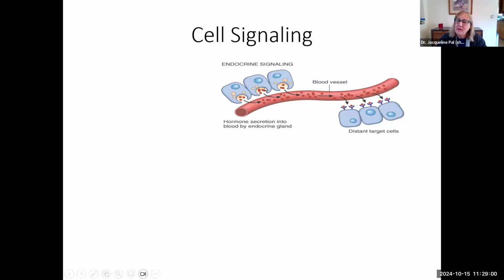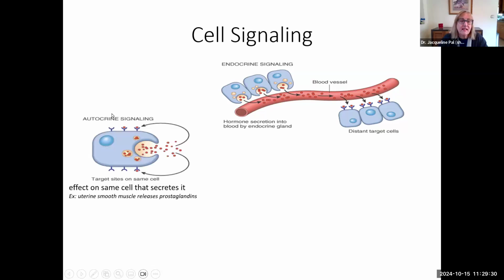All right. So, as I've mentioned already, most endocrine signaling is this. The cell makes the hormone, it travels in the blood a long distance where it finds its target cell. If it's a protein, its receptor is on the surface. If it's a steroid hormone, the target cell receptor is inside the cell. But that's how the cell signaling works. Sometimes hormones, instead of having endocrine signaling, have what we call autocrine signaling. Auto meaning self. What this means is the same cell that secretes it actually has the receptors for it.